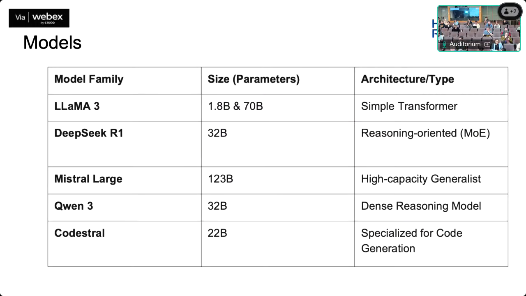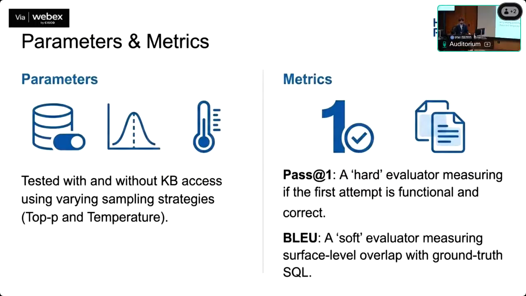So I've tested this architecture on many different models. Each model was chosen because it had something different from the others, so we can get a good view on what is efficient here and what is not. And I also used different hyperparameters. I checked if we really need the RAG or not, and also temperature, top P, the usual stuff.